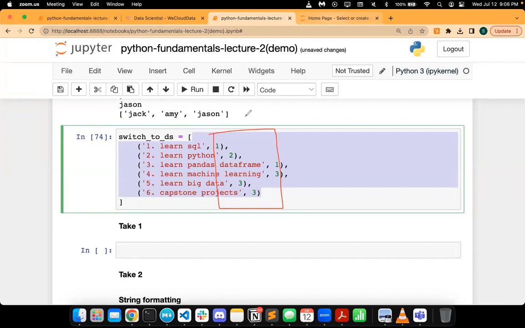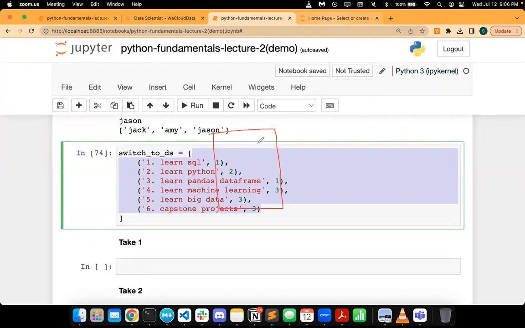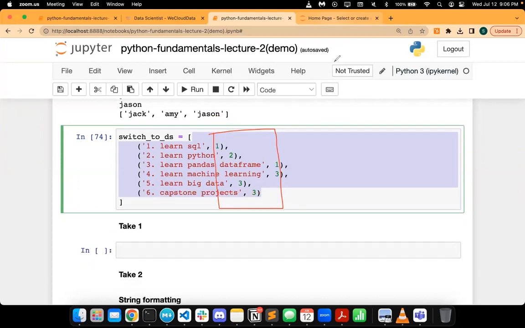Okay? So we would like to get basically the second column, but looks like there's no straightforward way for us to directly get that. So we have to basically go through this list one by one. We start with the first element, and then we extract one, and then we go to the second row, or in this case, the second element in this list, which is a tuple, and then we extract the second column or second element from this tuple,